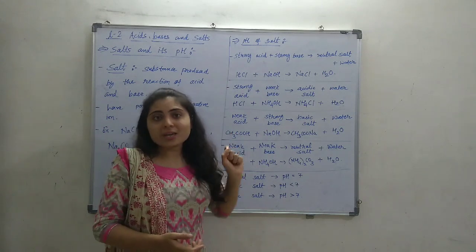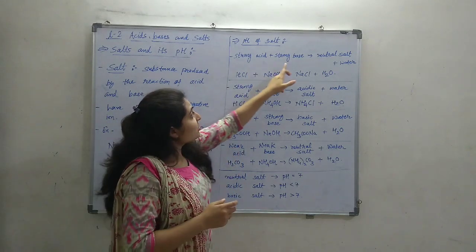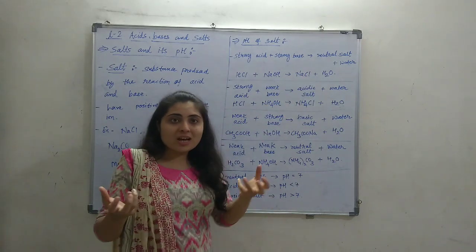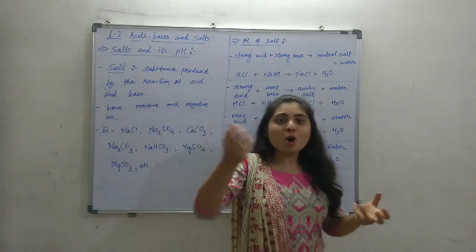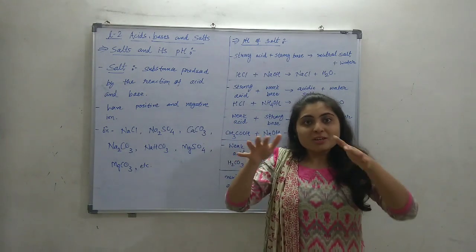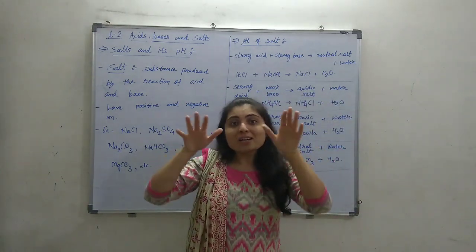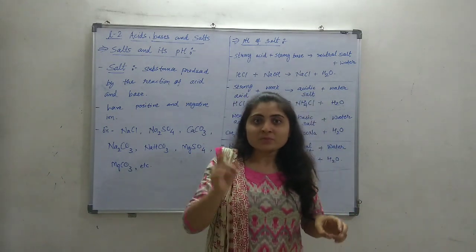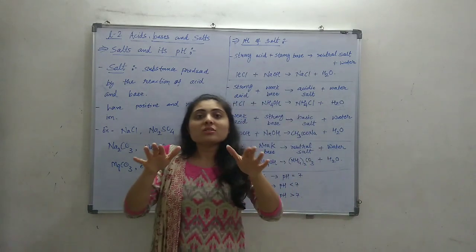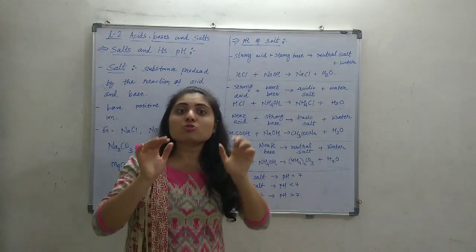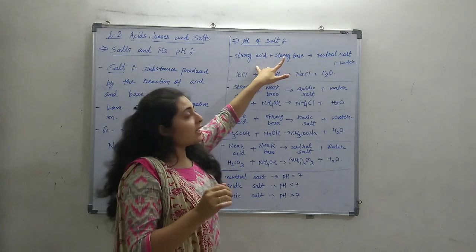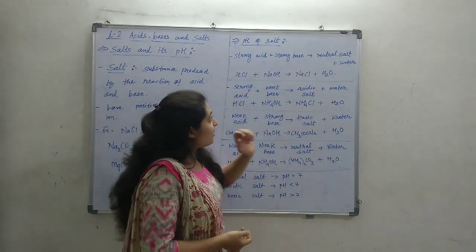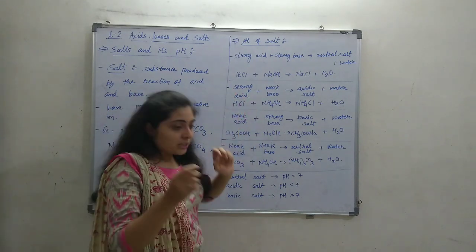When a strong acid is mixed with a strong base, it will give a neutral salt. Both are strong, so both are equally dominant. And we know what a strong acid and a strong base are, right? Remember that. When both the acid and base are strong in nature, they clearly nullify each other's effect and make a neutral salt and water. The example of it, see,